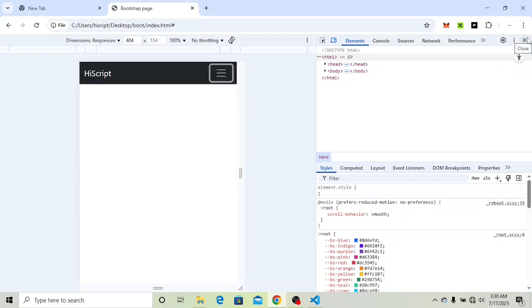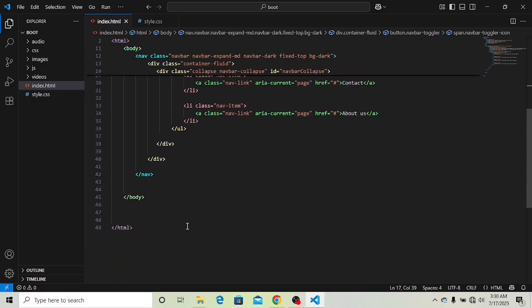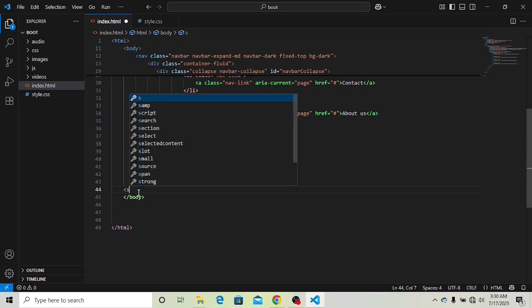This is because we have not imported our JavaScript to our page. And if we didn't import our JavaScript, our collapsing cannot work. So how do we do that? You go down to your page. The last code should be your JavaScript code. How do we import it? You just open the tag script,